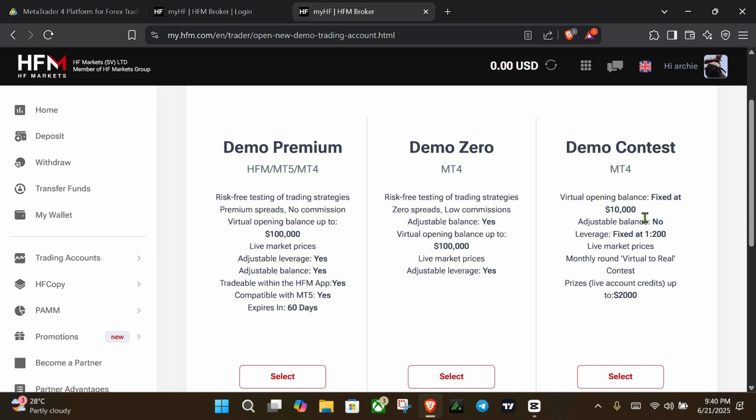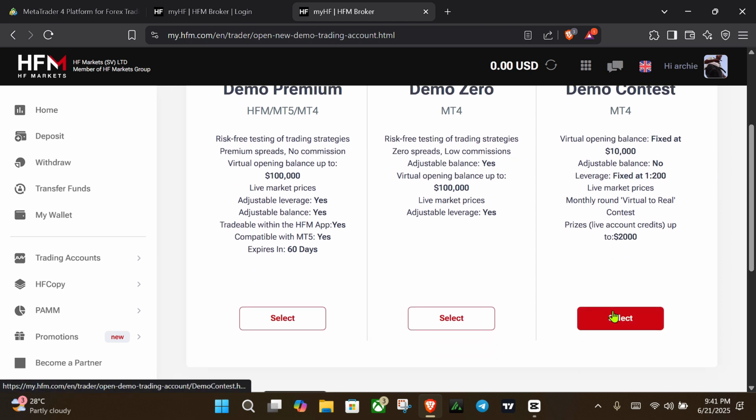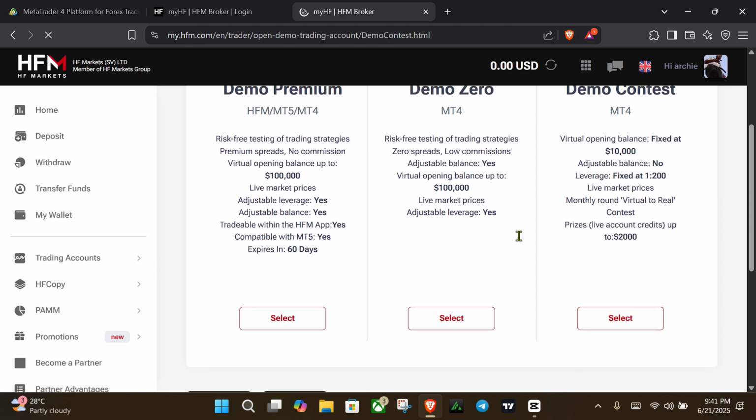Virtual opening balance fixed at 10 grand. Balance is not adjustable. Leverage fixed at 1 to 200. Live market prices, monthly round, virtual to real contest. So there are prizes for ranking in this contest. You can get up to a 2 grand live account with HotForex. You're not going to be able to withdraw the whole credit, but anything you make after that 2 grand would be